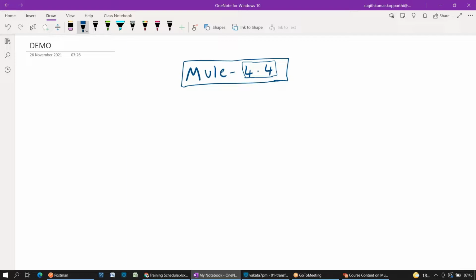Next, that is about Mule 4. Once you complete my training program, you are going to target one certification called MCD Level 1. That means MuleSoft Certified Developer. This is the developer certification.